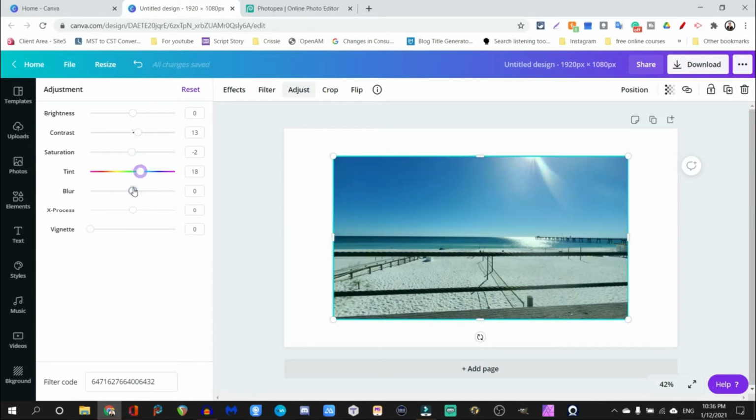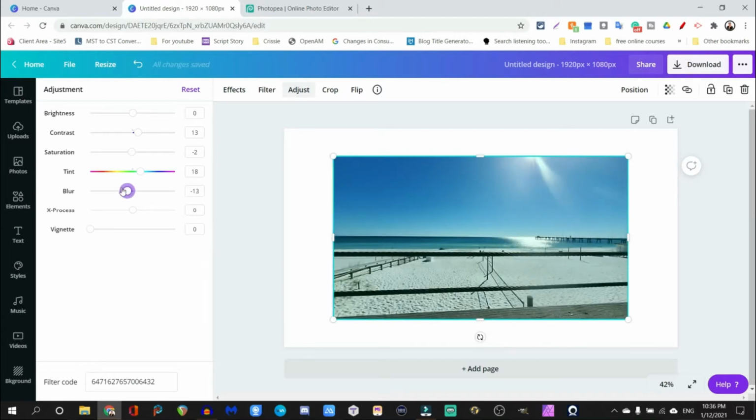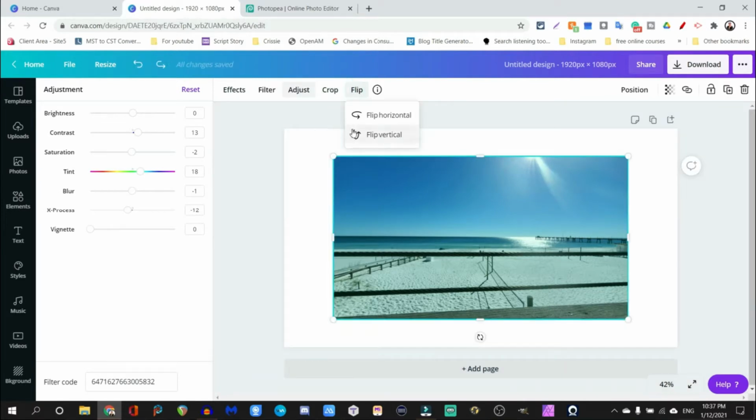I can use blur effects, and if I go to the plus side of blur, it gets blurrier. And if I go on the negative side, it sharpens it. And I can add a vignette. Besides that, I can crop it. And I can also flip it around horizontally or vertically. This works very well if I just need a simple adjustment of a photo. But I have another favorite, and this is